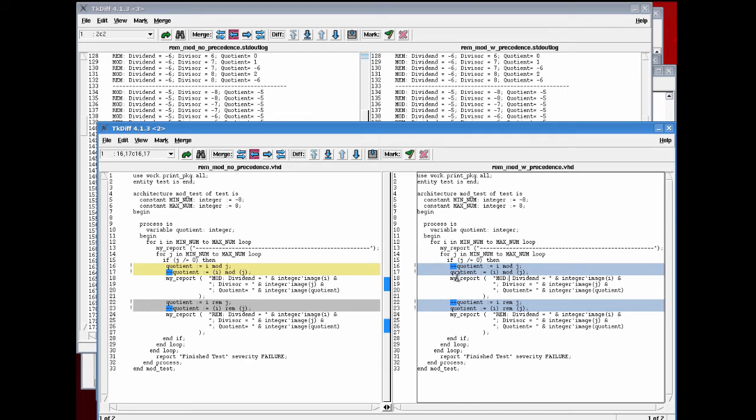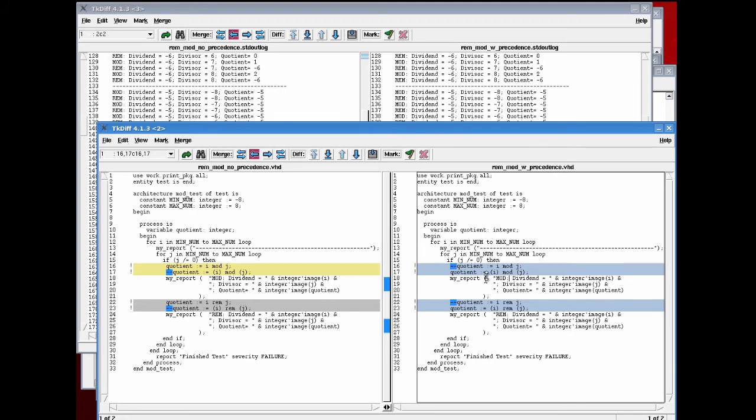And you can see that it's just a case of one line being commented out in one file while it's not in the other. And what we're doing is writing to the standard out what the dividend, divisor and quotient was, the result that we get. And we're doing it for 2 things. We're doing it for the mod operator and we're doing it for the Rem operator. So what this will allow us to do if we go and look in this log file will be to see,